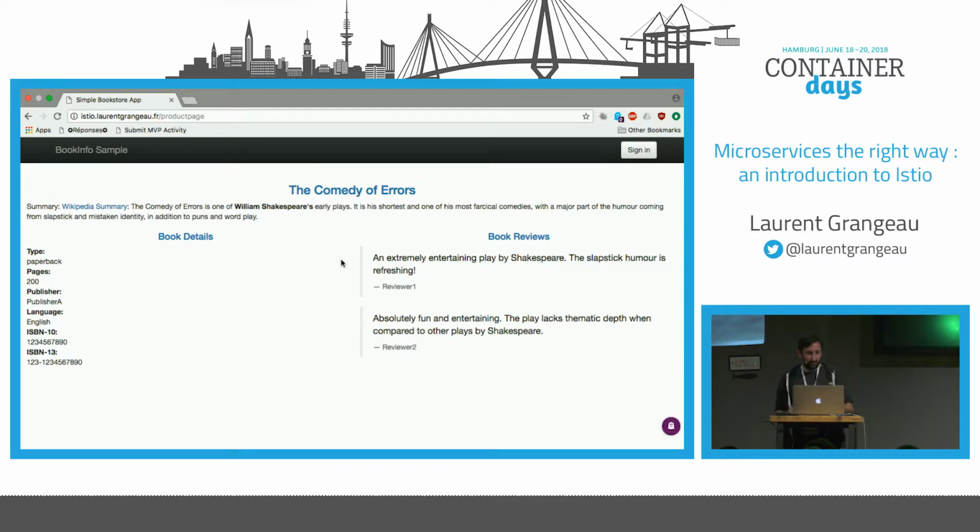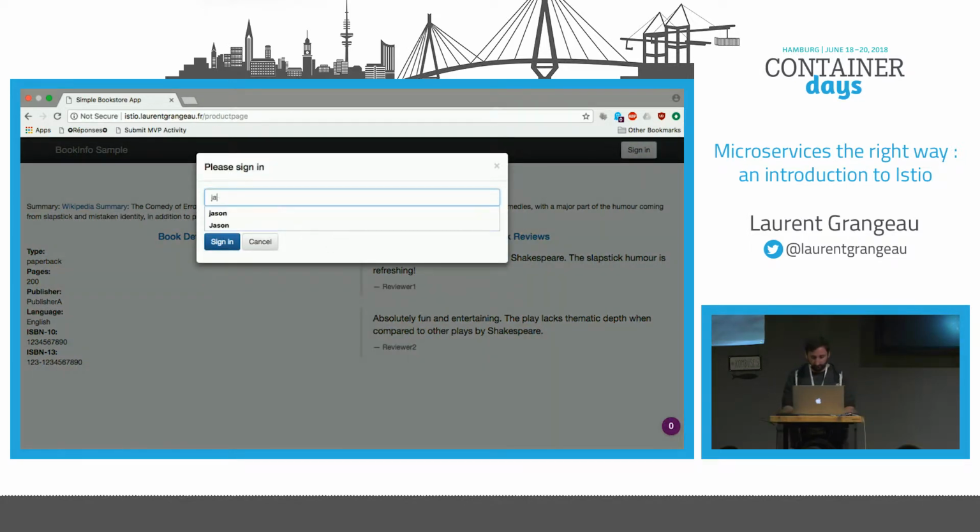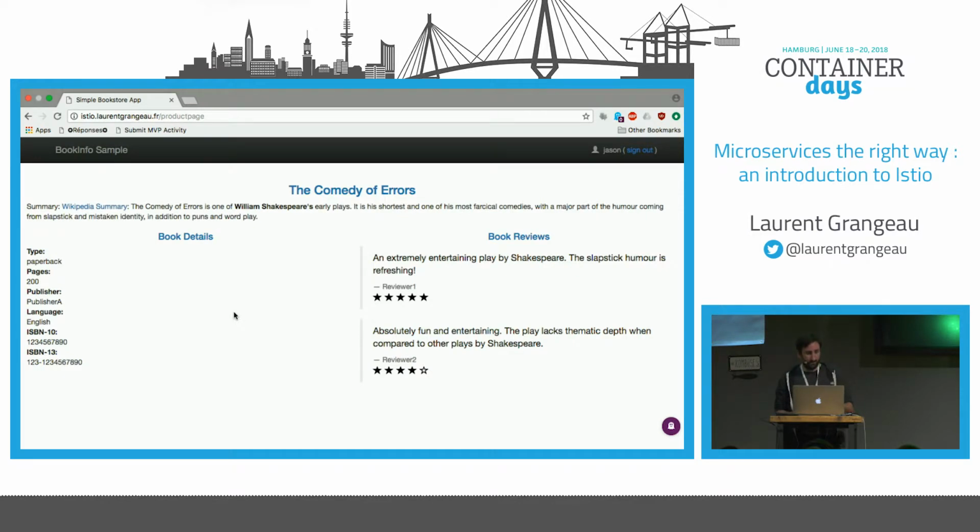So if I hit refresh, you see that there is no star. And if I log in, you see that Jason only sees the black stars. So this is a very convenient way to do A/B testing without redeploying or without configuring a routing layer, only based on a YAML file and code.